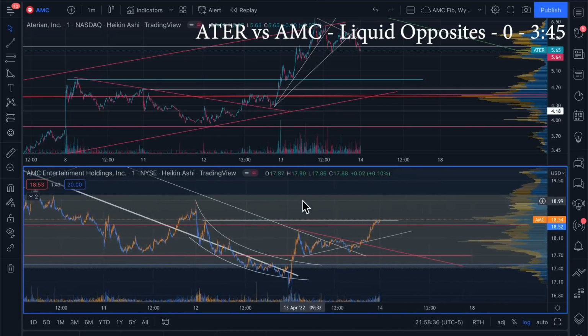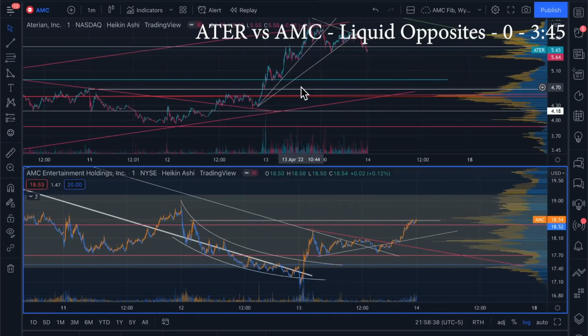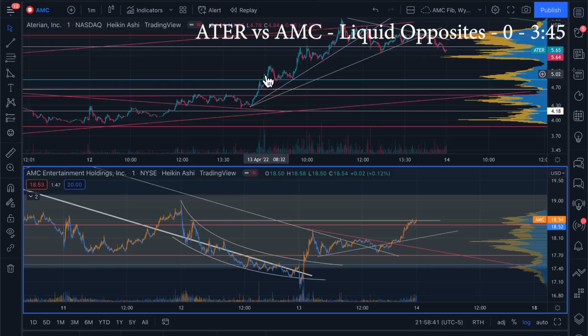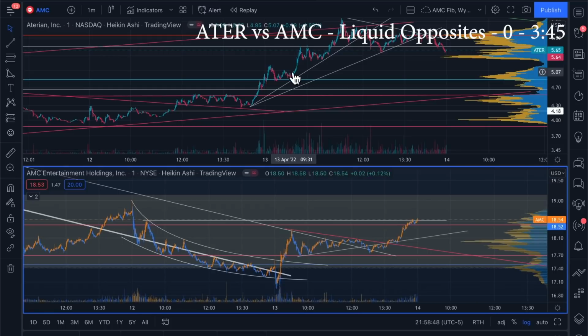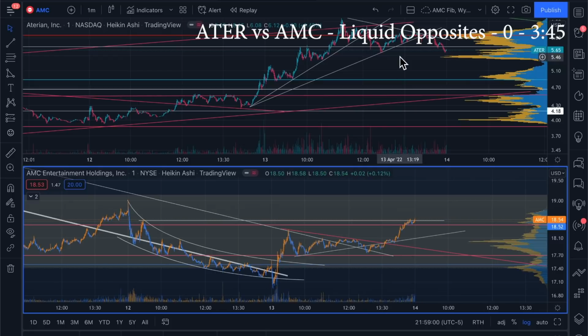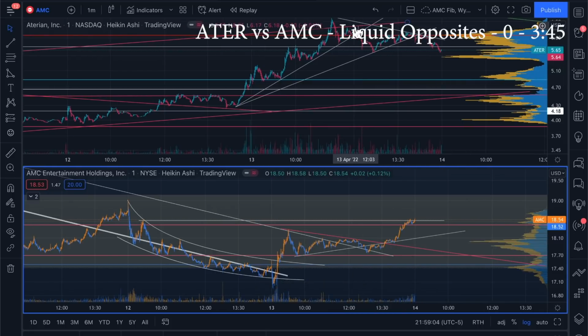Sure enough, today during the first portion of the day, both of them kind of had an upward momentum, but ATER actually did it yesterday. If you look here, it went sideways while AMC was trending upward. Then as soon as it starts trending up again, so it opened here, went sideways, starts trending upward, AMC starts trending sideways and down. And it doesn't stop until basically right here. You see where this finally broke down? That was a little bit after noon.